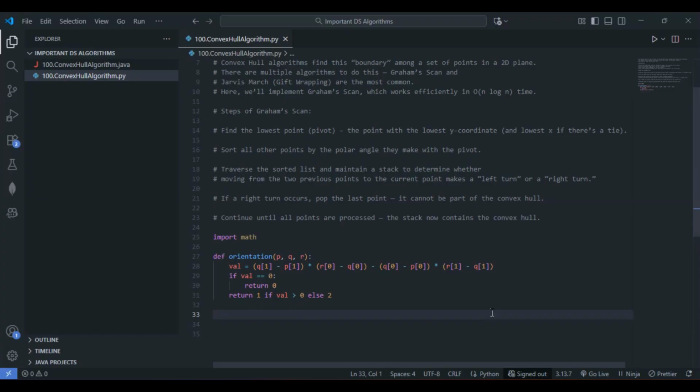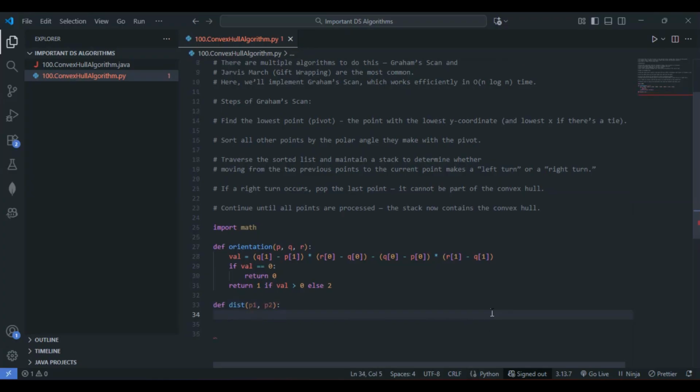Next, let's move on with another function named distance. Because we have to write the function to compute the distance, right? So we have to calculate the distance. Basically, it is used for sorting, right? So let me go with def dist p1 comma p2. Within this helper method, I'll just return here